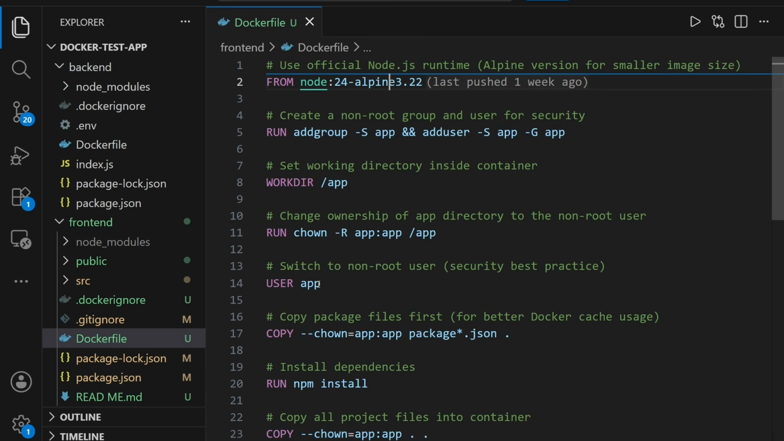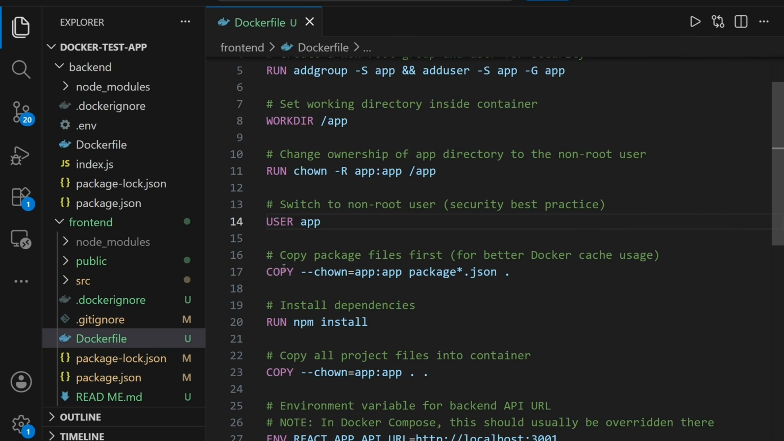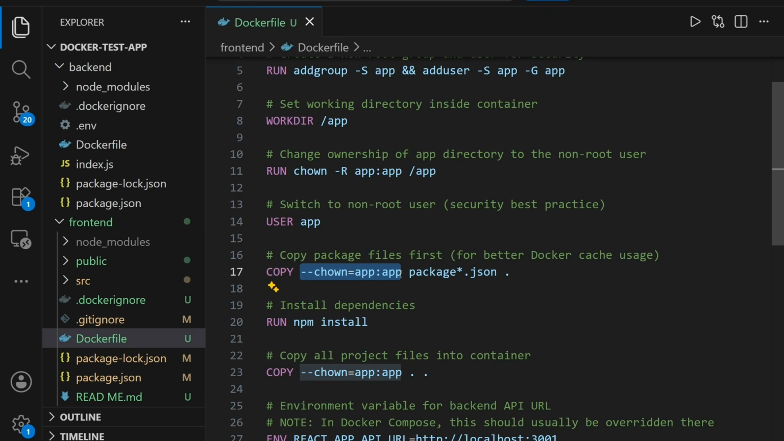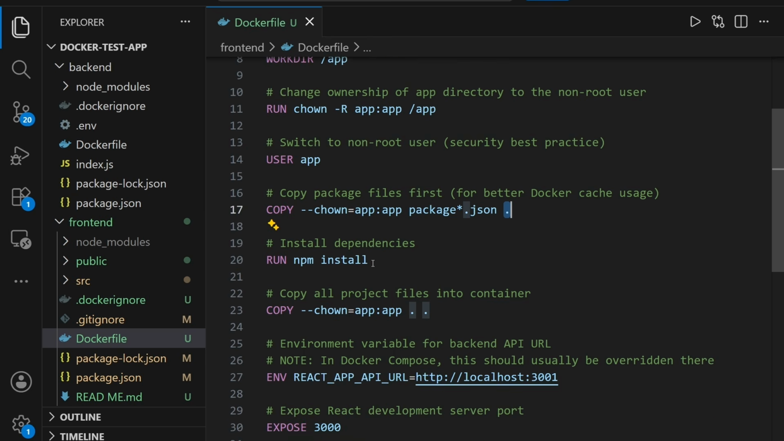And once the permission is set, I switch the root user to app user using the user instruction, because the copy command by default is always done by root user. So I add a chown option to copy the package.json and package-lock.json to our working directory, which is app. After adding the package into the directory, I can run npm install to download all dependencies and create